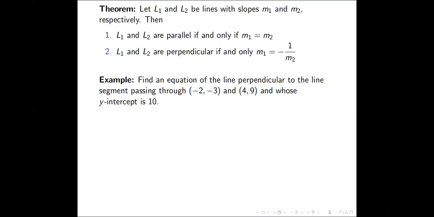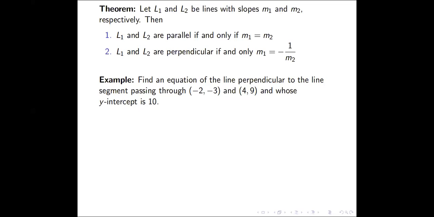We also are told that the line we are looking for has y-intercept 10. Okay, you have to understand the problem carefully. You might mistake that to be the y-intercept of the line segment when the line segment may not even intersect the y-axis, right? Because it's just a segment. So it may be finite, or it may just be going to one direction, a half ray. So let's solve this problem here.